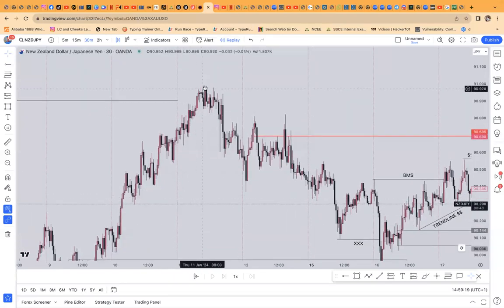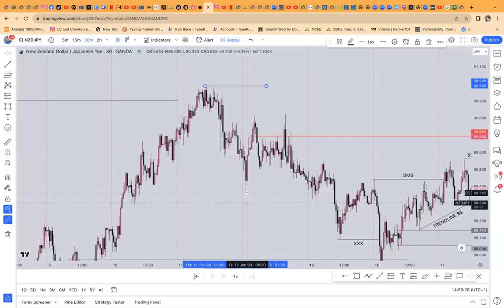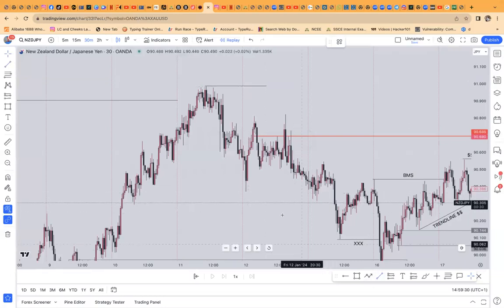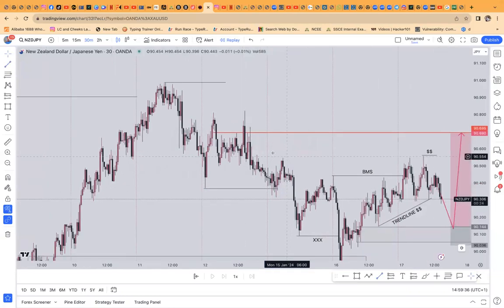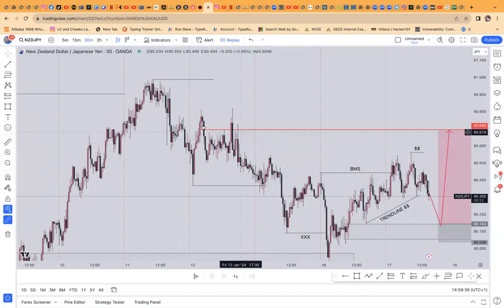Now you see price created this high, this one here. This is a high that price created. And here was the low. Here is the low that price formed. You can see that low that price formed. Hence, price came also and swept this guy away. This one is supposed to be an order block.